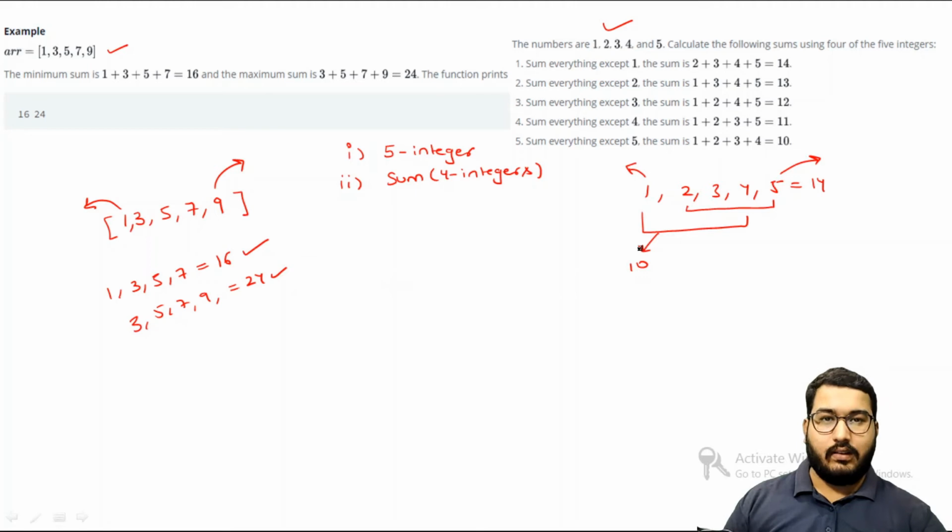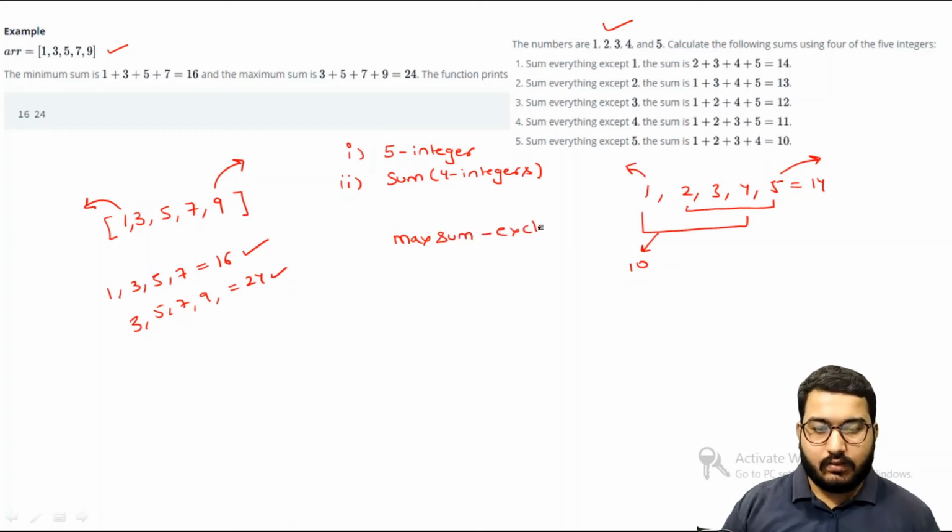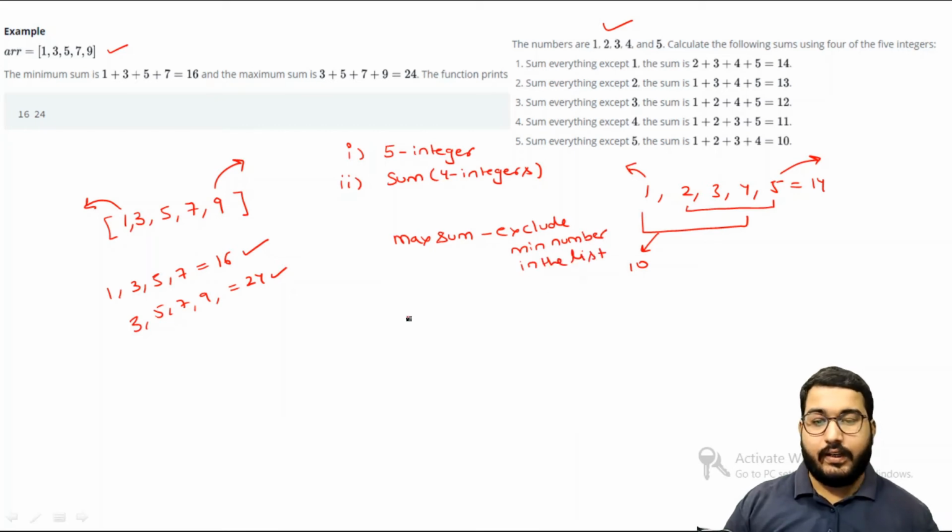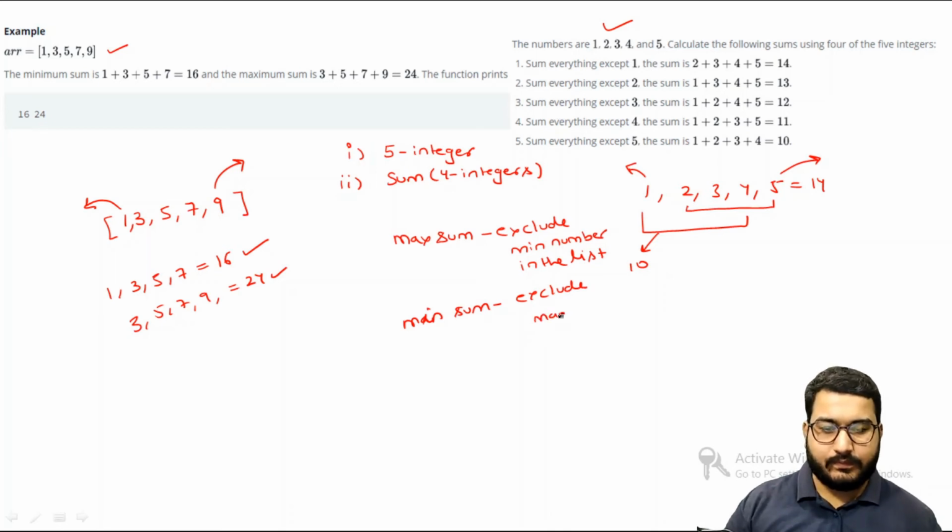So the logic here is that to generate the maximum sum, you need to exclude the minimum number in the list, and to generate the minimum sum, you need to exclude the maximum number in the list, and that is the only logic to solve this problem.